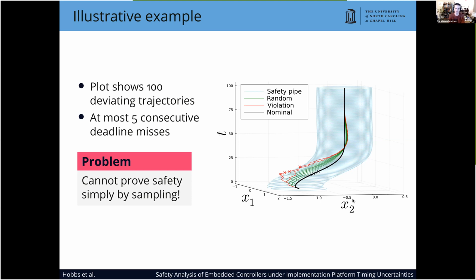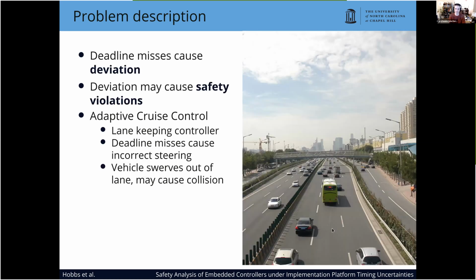This highlights one problem, that we can't prove safety simply by sampling, because just like you can't prove a deadline, you can't prove a worst case execution time just by sampling. You don't know when you've actually seen the worst case. To see the real world impacts of such a safety violation, well,